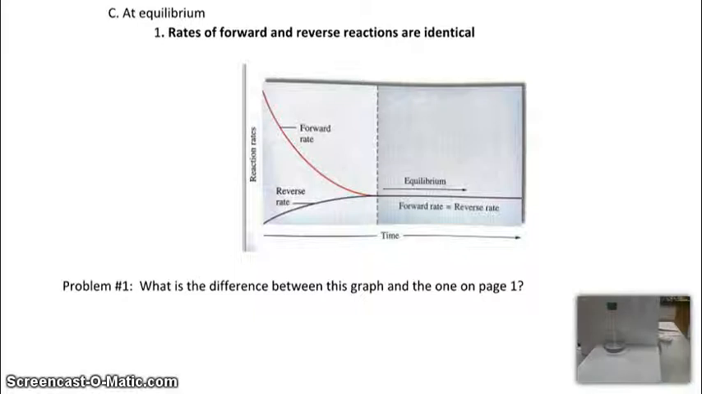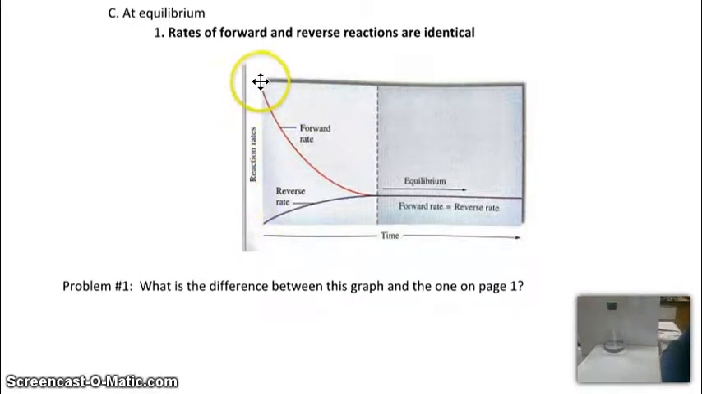All right, so we have here a difference. Hopefully you saw the y-axis is different. The y-axis on page 1 is actually concentration. The y-axis here is reaction rate. Notice something else, that the concentrations really didn't become equal at the end, did they? The HI was higher up than the H2 and the I2,